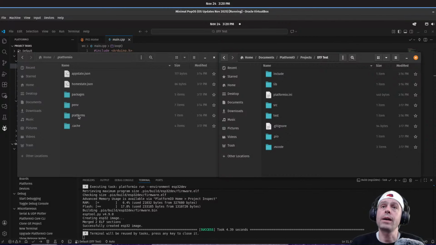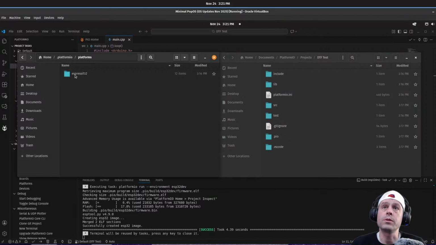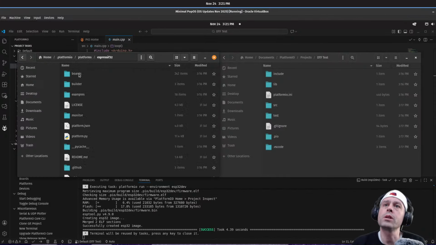And I have packages and platforms, which I found to be the interesting part. So platforms, you'll see I have ESP32. And this is where I was originally thinking, oh, dang, cool, this is where I'm going to find the IDF. They've just embedded it somewhere. Arduino does a similar thing where they install the IDF for you, under the covers. You don't have to worry about it, but it's the full IDF and it's there. So I was thinking, oh, this is where it's going to be. And then I'm like, wait a minute, this doesn't look like the IDF at all.